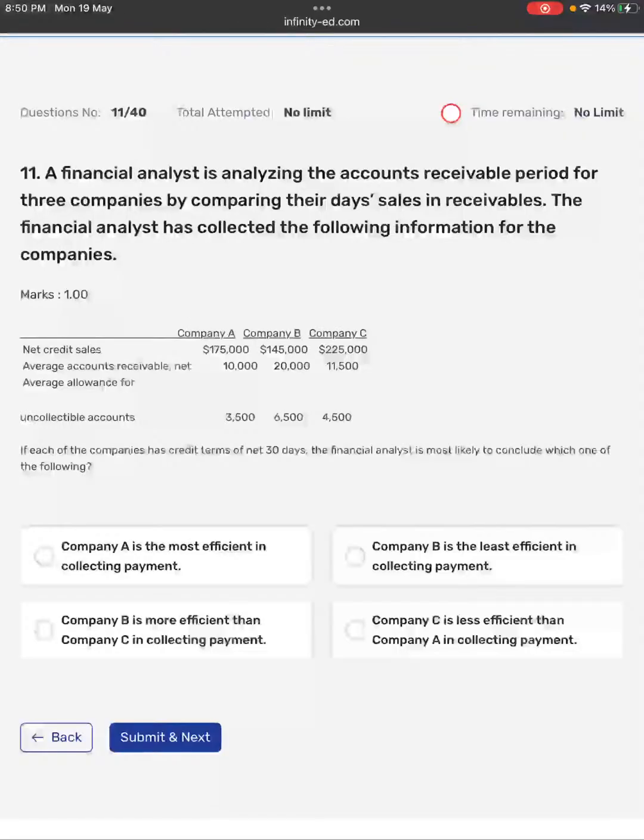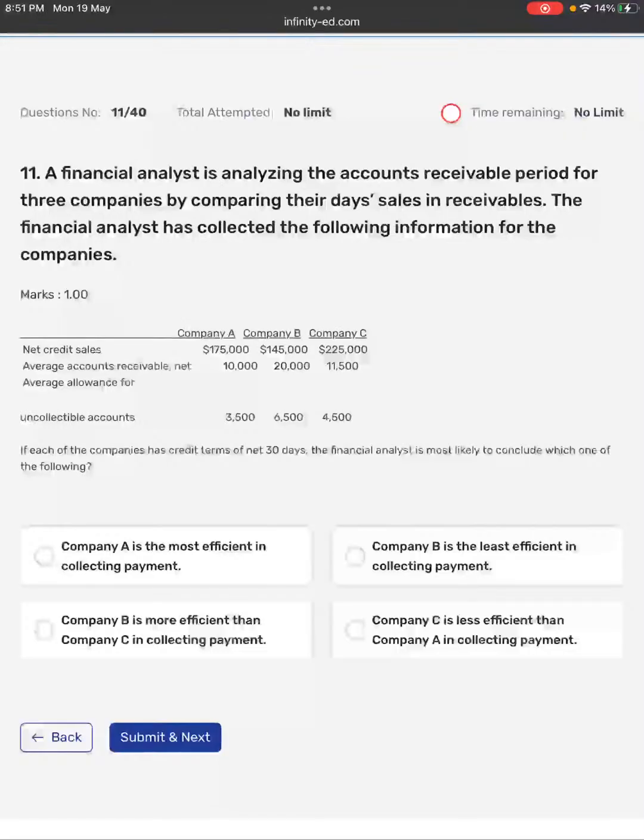Uncollectible means we cannot collect, bad debt. Each of the companies has credit terms of 30 days. It means if we make one credit sale, the debtor is liable to pay within 30 days. The financial analyst is most likely to conclude which one of the following: